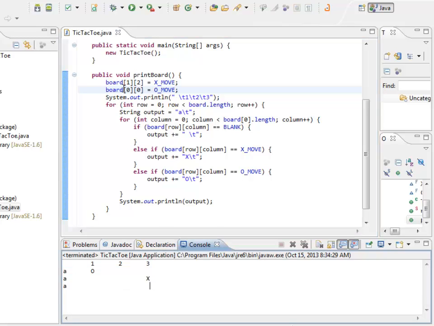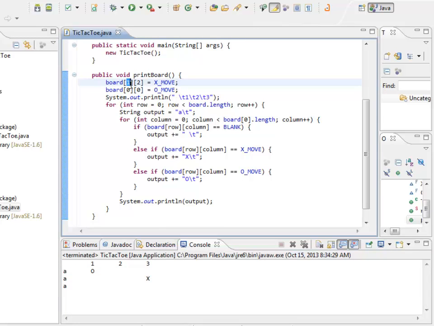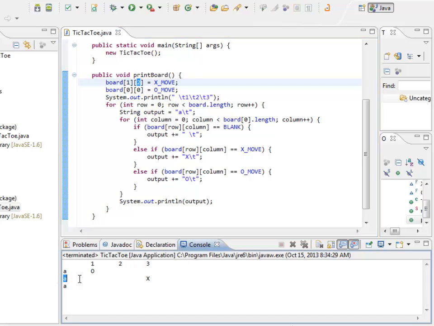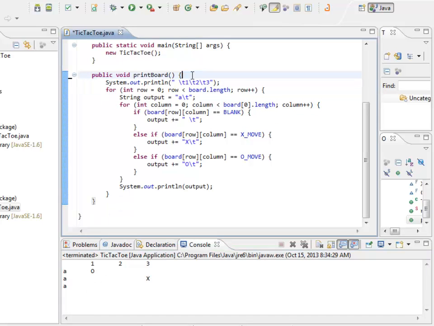And keep in mind that array started at 0, so this is actually row 2, column 3, if you think of it that way. So second row, third column, that's an X, good. And then 0, 0 is going to be an O move, the upper left. Cool, so that's working. Now, I'm just putting A on the front of these. I'd actually like to make it not just A, but actually whatever